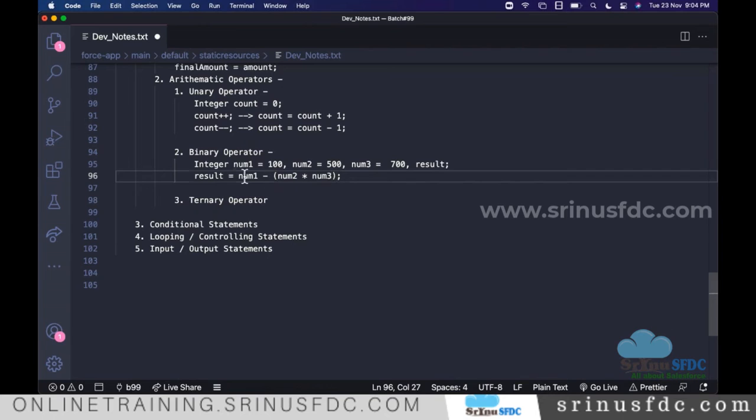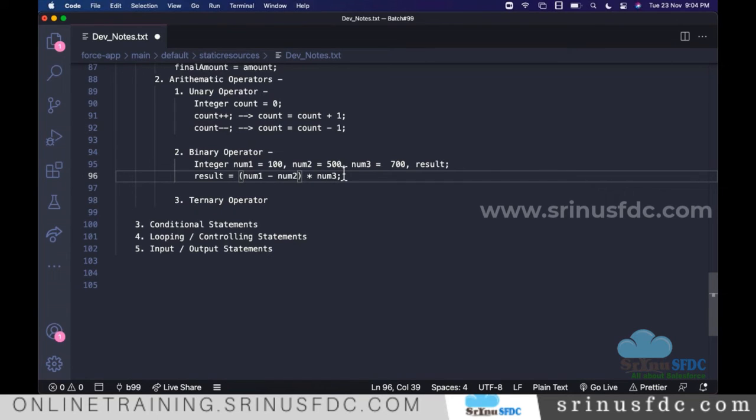That result it will subtract from the number 1. So let's say I want to first subtract these 2 and multiply, then you can give like this. These are some of the examples of the binary operator. On day to day, we see these kind of expressions. So that's about that.